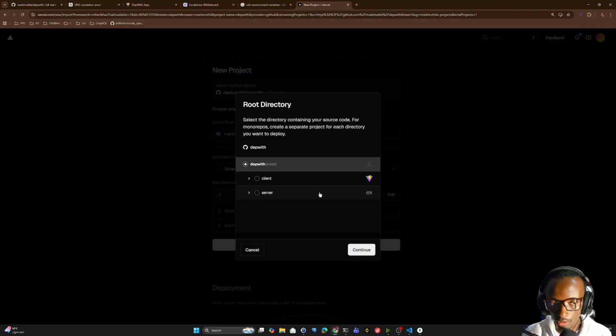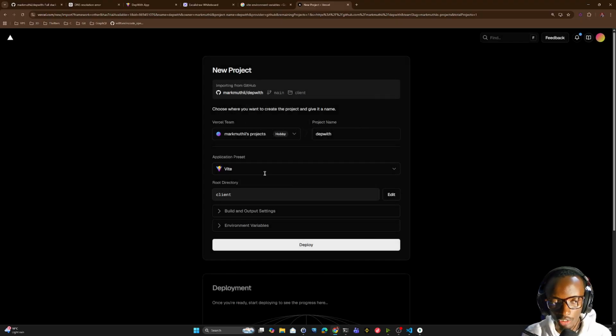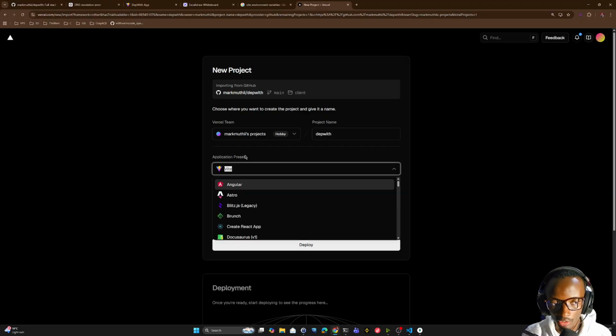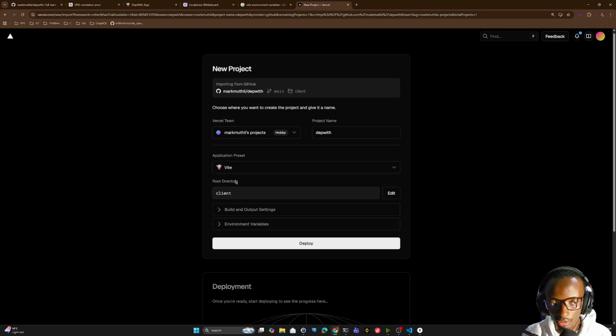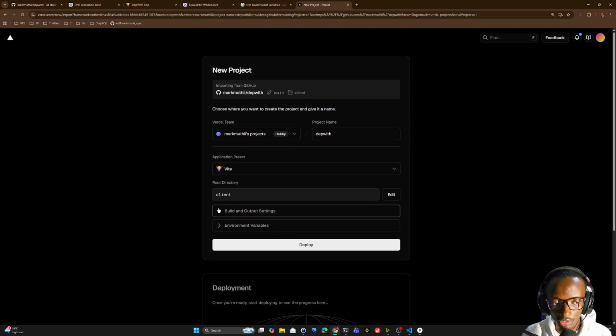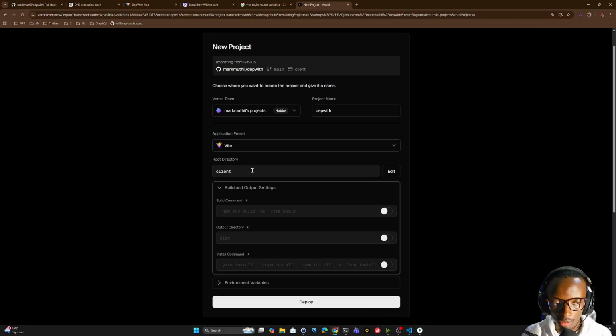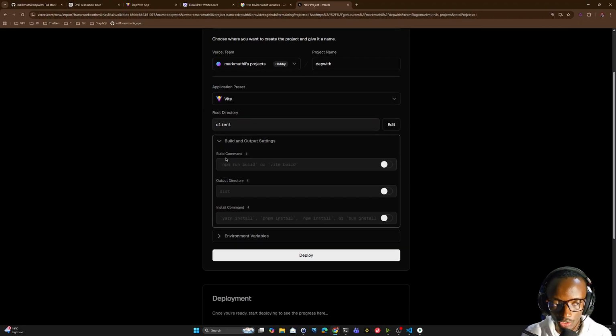built on Vite and the server is built on Express. So we select the client, and that is going to update our application preset, simply because Vercel is able to automatically detect that the project in the client folder is running Vite. Once you do that, since this is a TypeScript project, this is where the command to build the